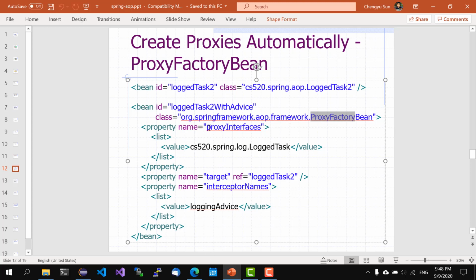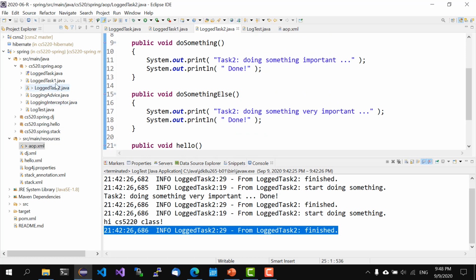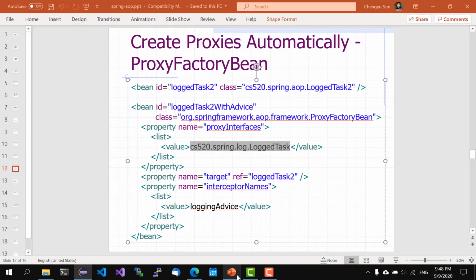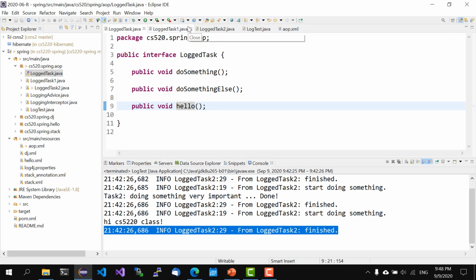For example, we need to tell that, hey, the target class and the proxy class both need to implement this interface called logTask, which is this interface. And the target is this bean, which is, of course, the original logtask2 code. And then the advice, or in other words, the additional code is in this bean called logging advice, which is